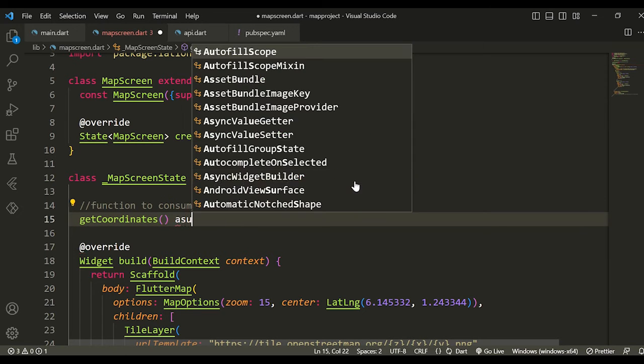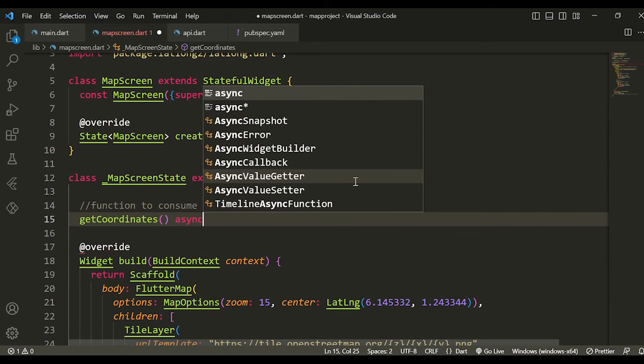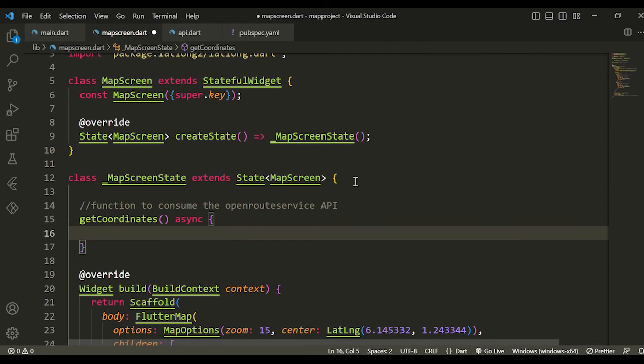We will make it async. Now we will request, yeah, don't need this comment, so our response awaits